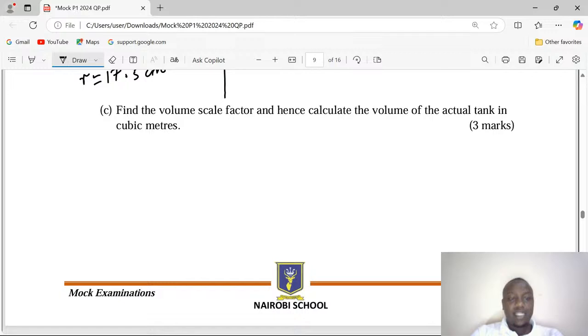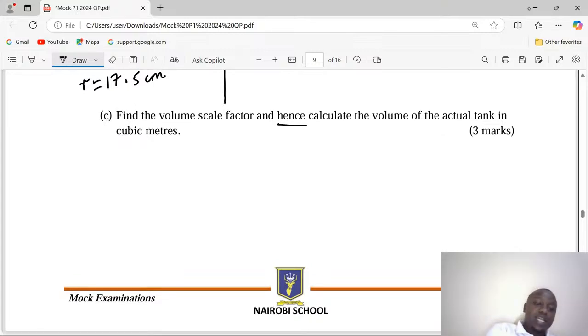The final part is saying that we find the volume scale factor and hence calculate the volume of the actual tank in cubic centimeters. So this means volume of the actual tank, even though we can get it from the volume, the examiner is giving very specific instructions now. When you see the word hence, it means we shall use the volume scale factor to get the other volume. So with linear scale factor,